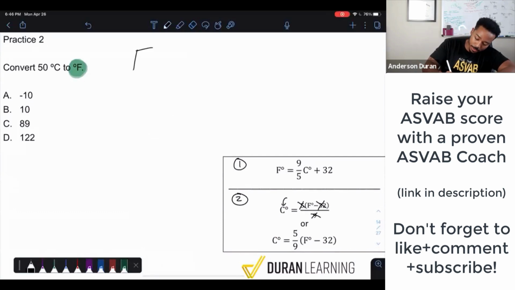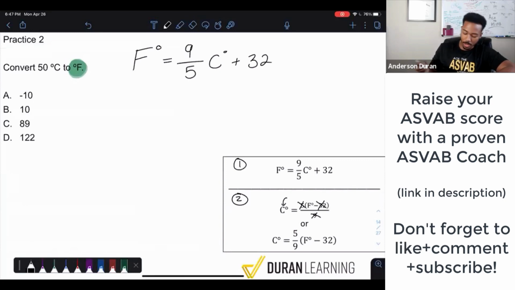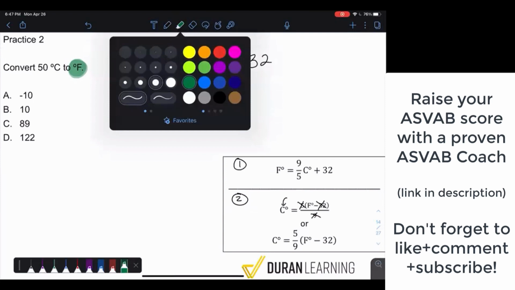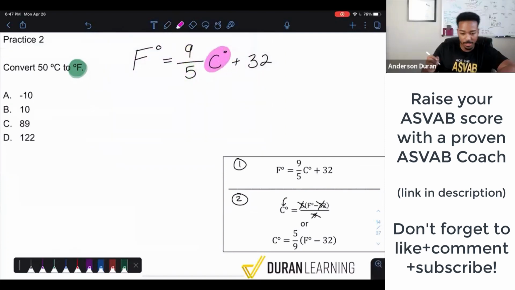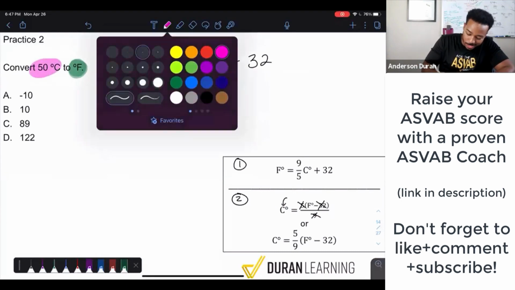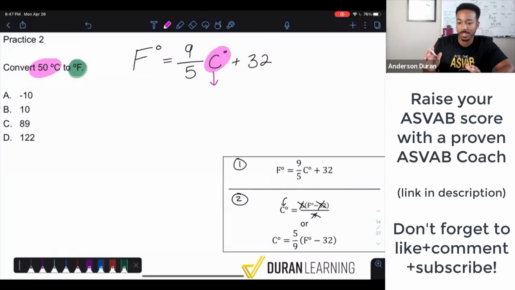Let me write it out here. Fahrenheit equals 9 over 5 times the Celsius plus 32 because we're going forward. We're going to go ahead and plug in what for C, everybody? 50. That's right. We're going to plug in that 50. And so with that, booyah, we're going to take that 50 degrees Celsius, plug that right in. And again, now it's just arithmetic. And so that's going to be 50 right there. And we have the 9 over 5